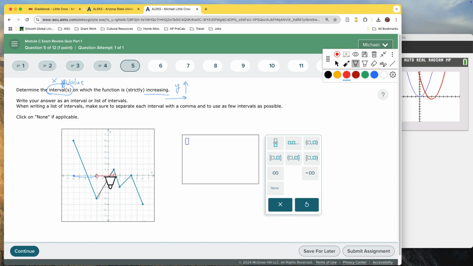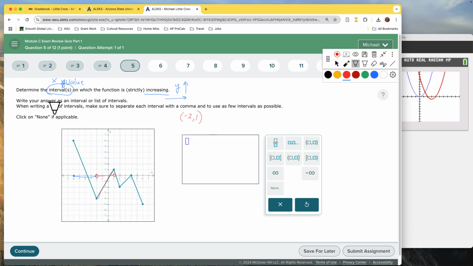Now, one of the things that's a little controversial sometimes, do we include these endpoints? Well, let's think about it. The endpoints, they're neither increasing nor decreasing. So notice the left side of this, it came down, it was decreasing, and then the right side is increasing. So on one side it's decreasing, the other side is increasing. We don't count the endpoints. So that's why we're going to use parentheses on this one. So -2 to 1,